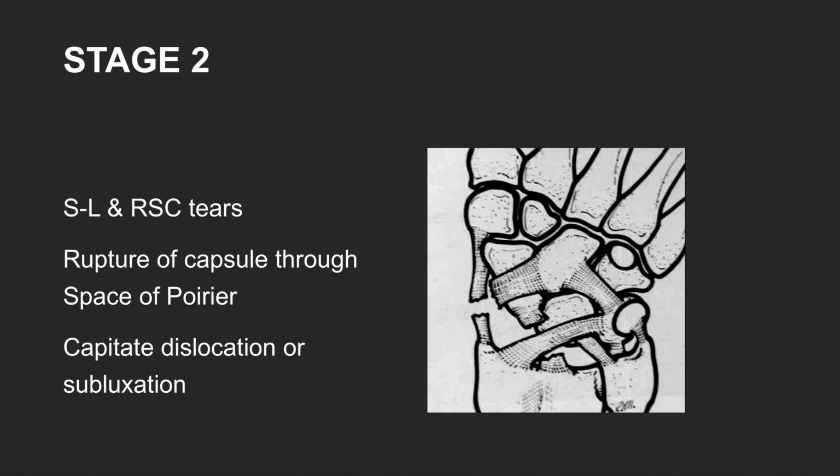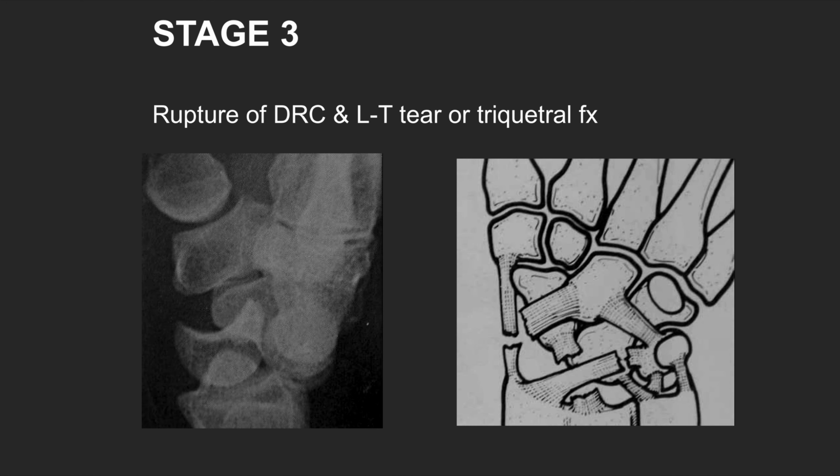In stage 2, there's a rupture of the capsule volarly through the space of Poirier, along with the injuries from stage 1. It's additive, and you can either get a capitate dislocation or subluxation, along with the lunate. On stage 3, it's a rupture of the dorsal radiocarpal ligament and its LT component. So the injury is considered to be going all the way around to the ulnar side, and the classic perilunate